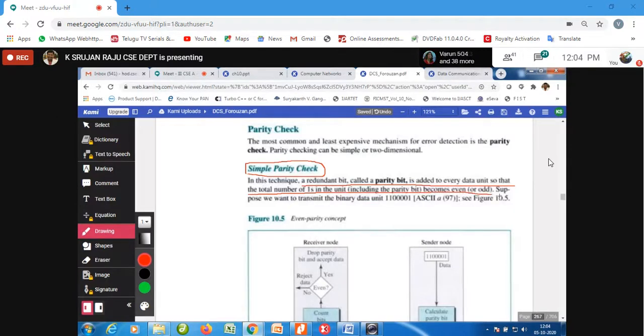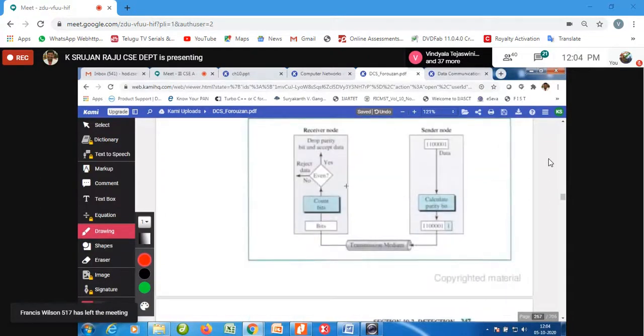Here is an example. Based on the parity, you check the number of ones and then add the parity bit.